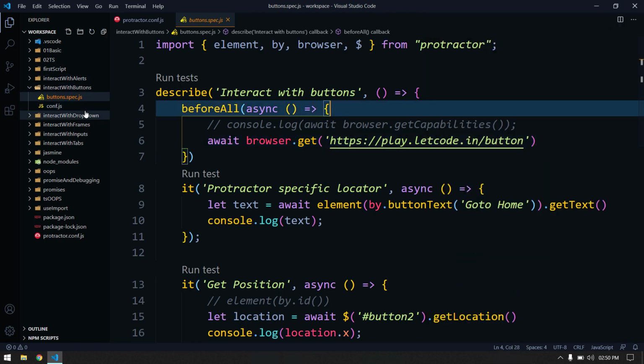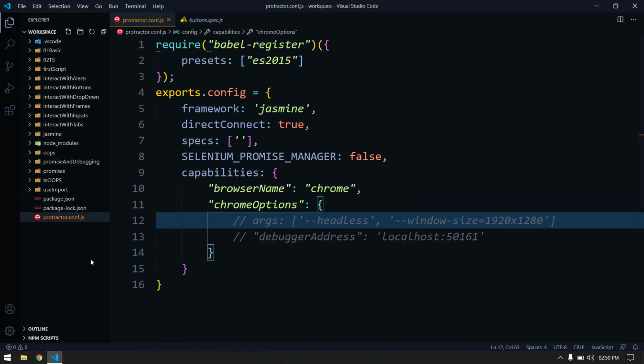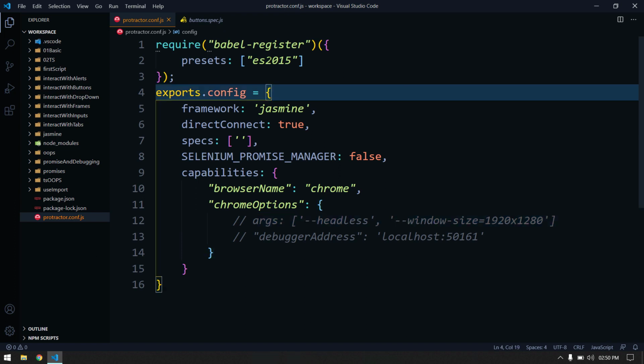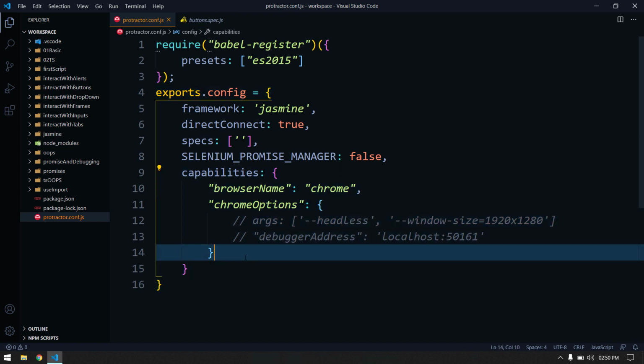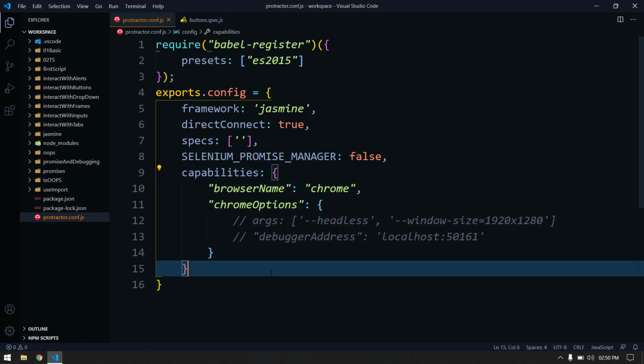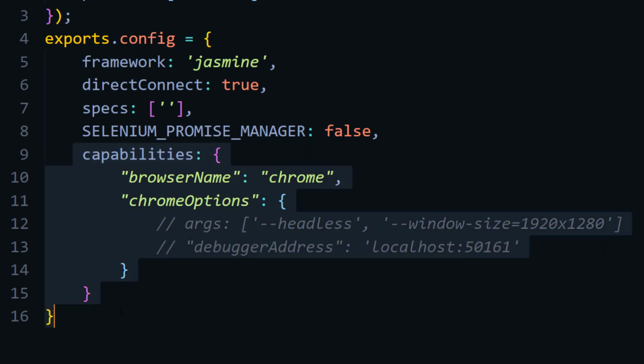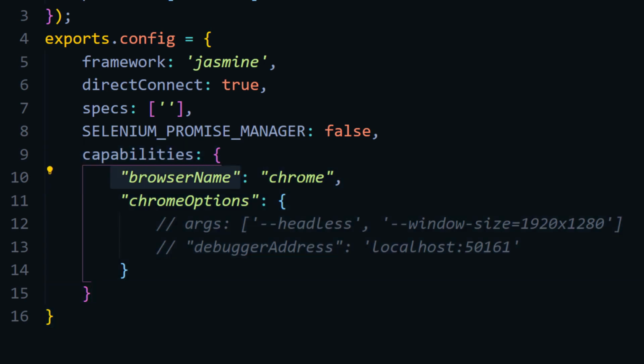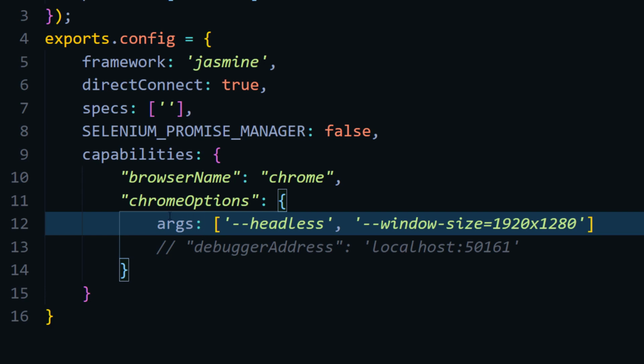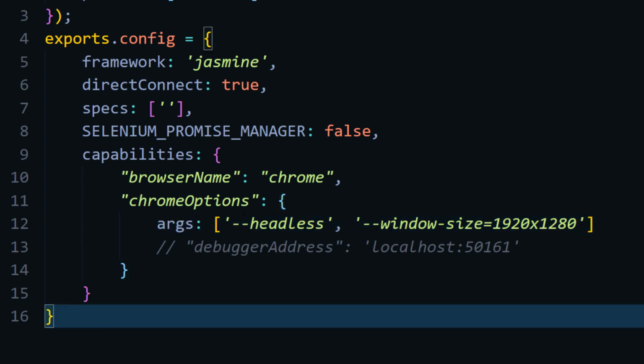For that, you have to make sure that in your configuration file, I'm using this protractor.conf.js, but whatever configuration file you have, you have to go there and introduce these capabilities. We learned about these capabilities in our previous video, where we discussed how to run our existing test script in the existing browser using the debugger address. Same concept here. Within the capabilities you have to mention your browser name, and then within the Chrome options we have to set these arguments. Args, arguments, these are keywords. If you give something wrong, it's not going to work. And here, hyphen headless means it is going to run in the headless mode.